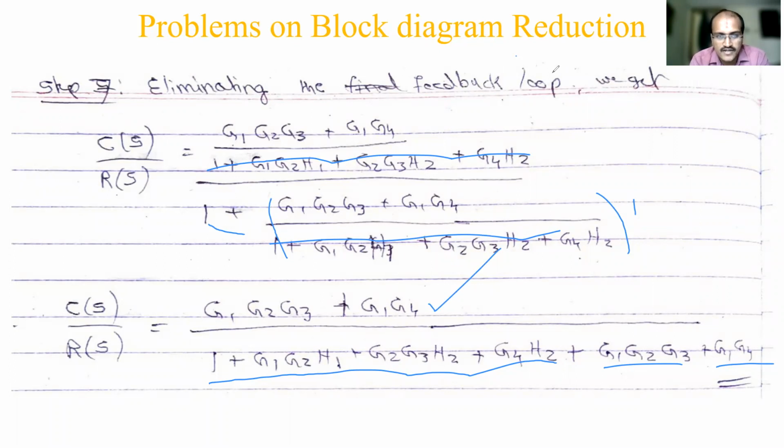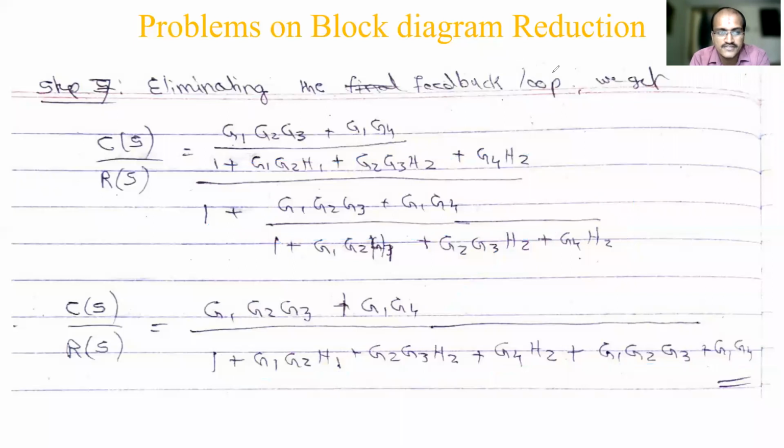either an electrical network or a system equation is given, and you have to construct the block diagram first. Okay, so construct the block diagram in a proper manner, and then you have to simplify. The block diagram reduction you have to apply. So the new thing in the next problem is how to construct. The remaining steps are the same as in these problems.